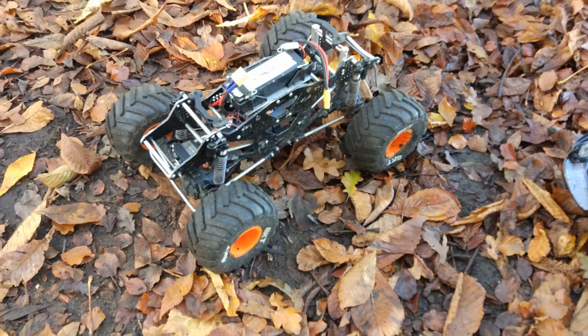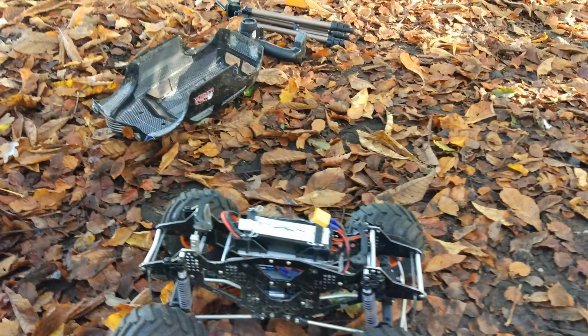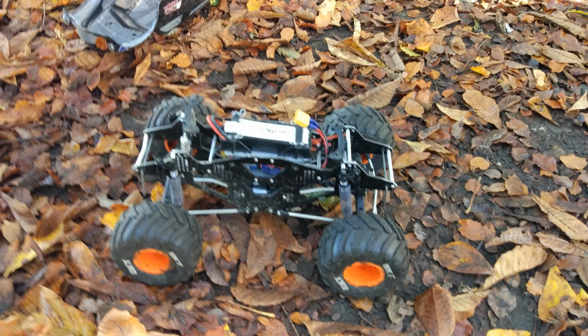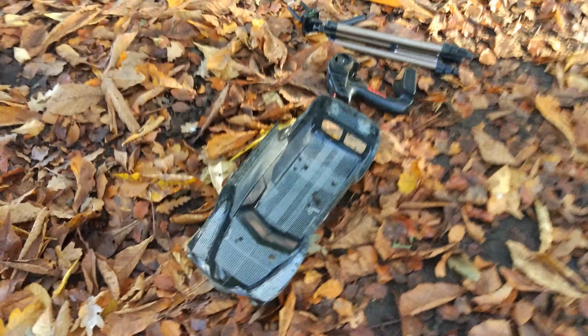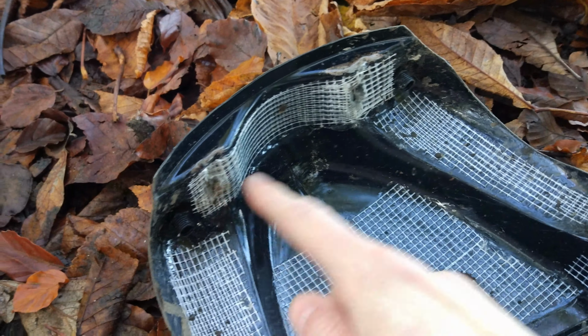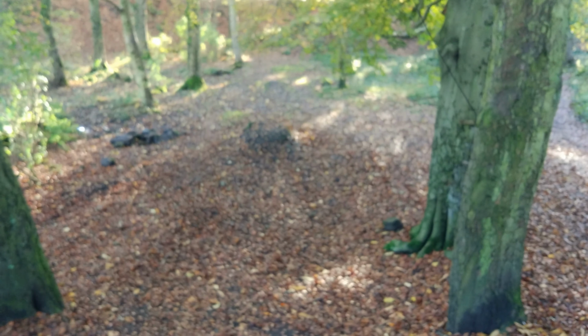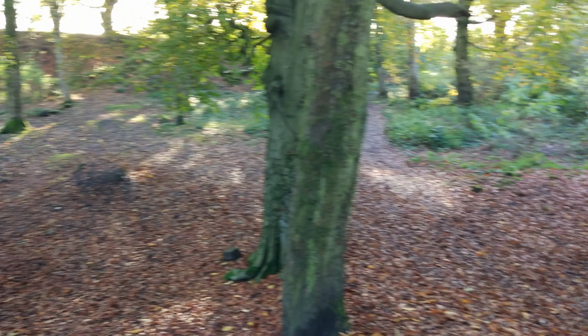So yeah, it's been a pretty good session. Been doing some jumping, and it's held up pretty damn good, I have to say. Body's a bit battered, but as you can see, I've got shoe goo all up in the front of it, but the TVPs keep poking through there when I crash the front of the shell, so that is a little problem. But yeah, I've been bashing in the woods again around here, so you'll see some footage from that,